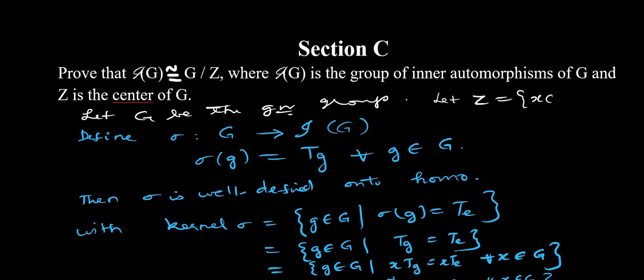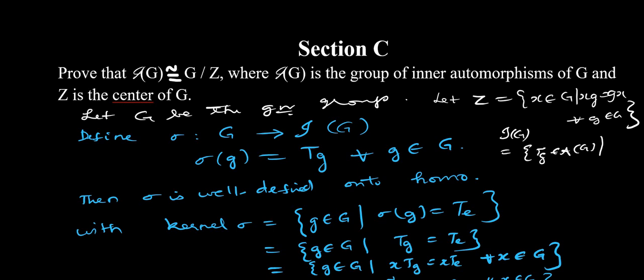be the center, which is all those elements which commute with all the elements of G, for every g in G. So that is our Z, and of course script I of G should also be mentioned. It is all those Tg in script A of G where g ranges over capital G. So what are all given in the statement, we have to tell about them. G, it's a group, and Z comes, so what is it, and script I of G, what is it. So all these are to be mentioned, and then only we should go to the proof of the given problem